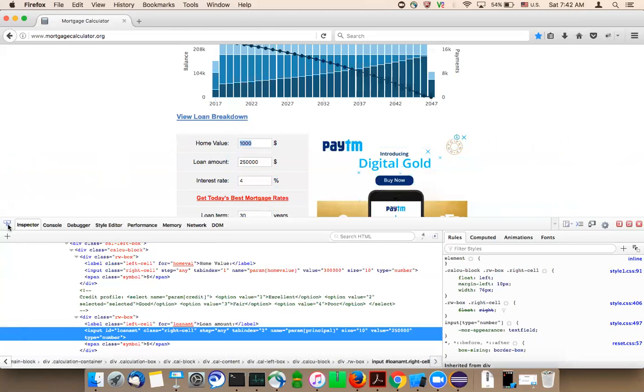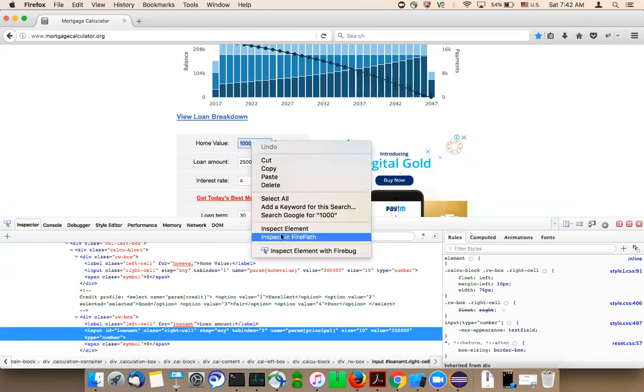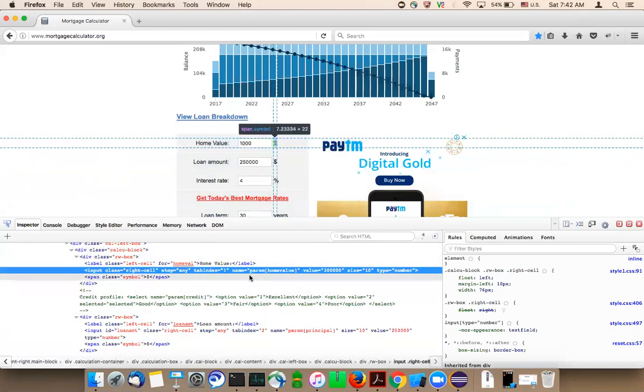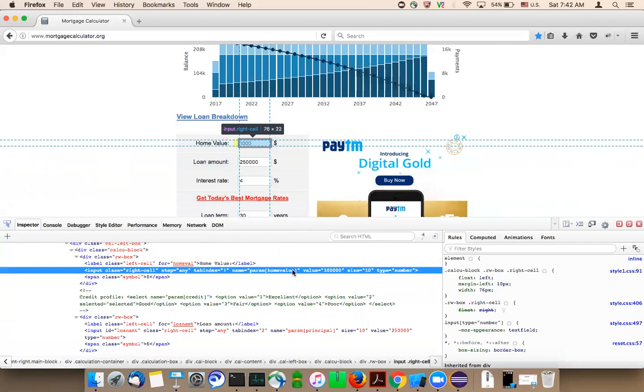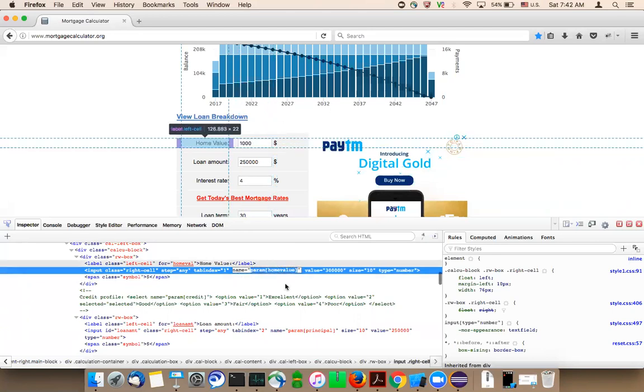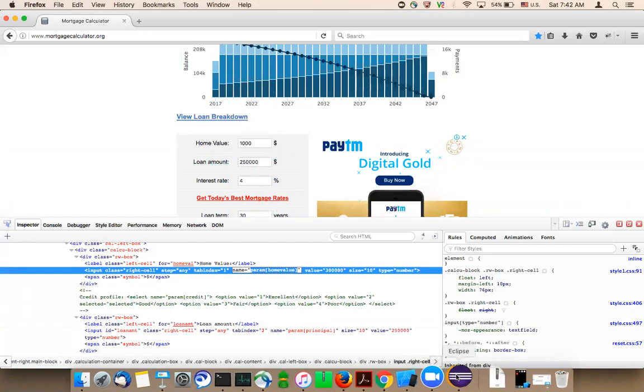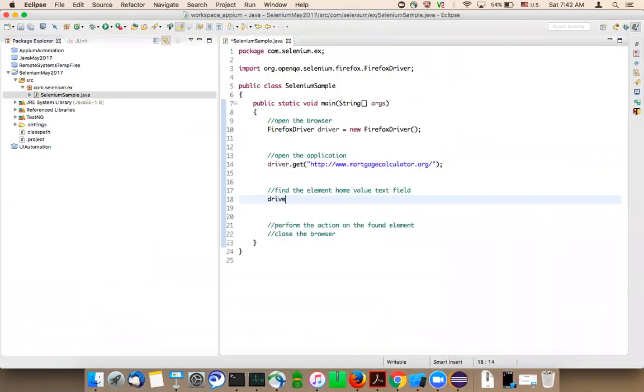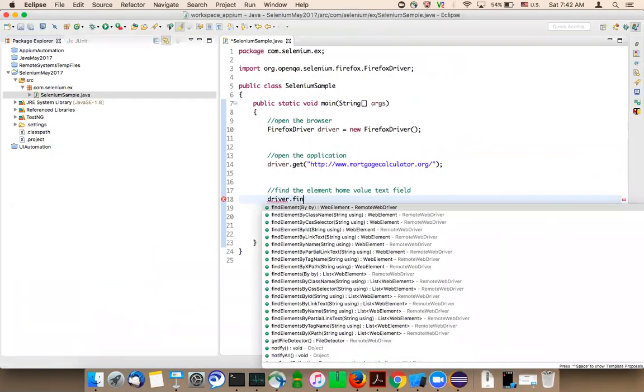If I go with the name, param home value, there is a 99% chance, I cannot say 100% guarantee, of getting a unique element. For now we don't have any other option, so I'm going with name. The statement you need to use is driver.find_element.